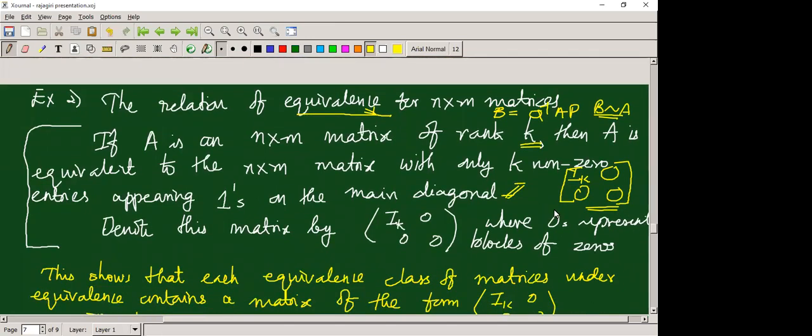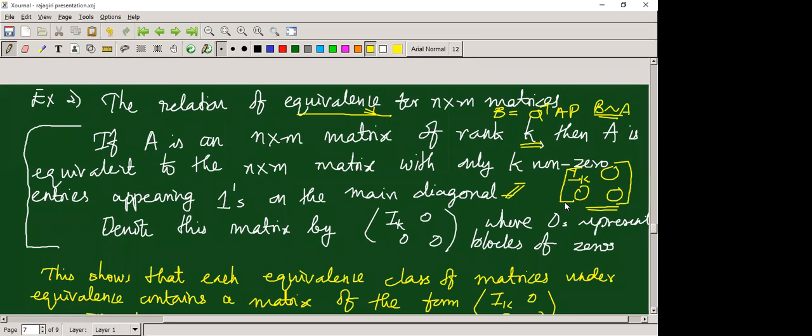That matrix can be reduced to this form. So the relation equivalence is also the same in terms of linear transformation. We can say that equivalence is actually classifying n by m matrices so that B is equal to P inverse AP, or in terms of elementary transformations, you apply a sequence of elementary row and column transformations. The resulting matrices obtained are also equivalent matrices for the first matrix.